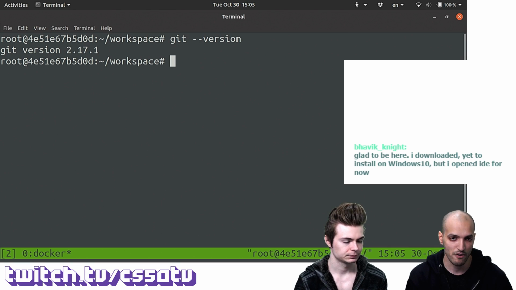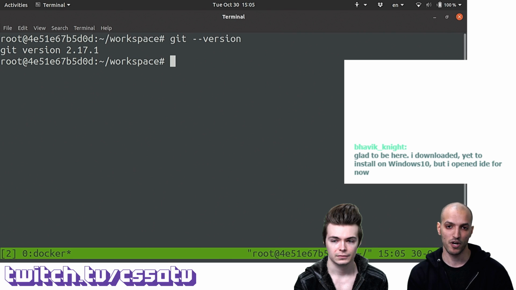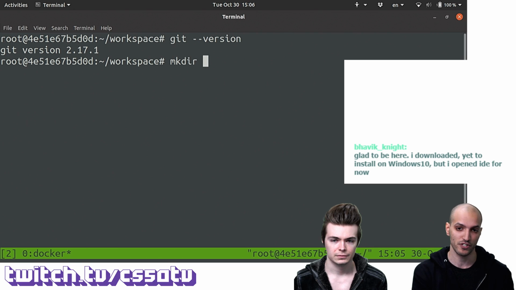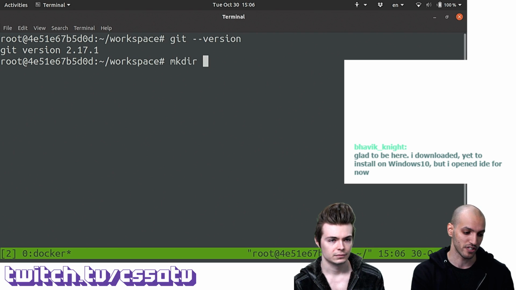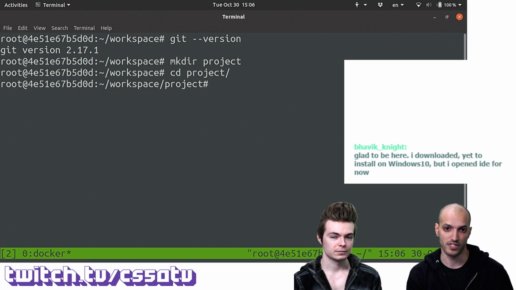So now that we have Git installed, the first thing that we want to do is create a Git repository, or initialize a Git repository to be specific. And I think there are two cases here. The first case is that you're starting from scratch and you have an empty directory. Let's call this my project or whatever, and you can just go inside of this directory using the cd command.